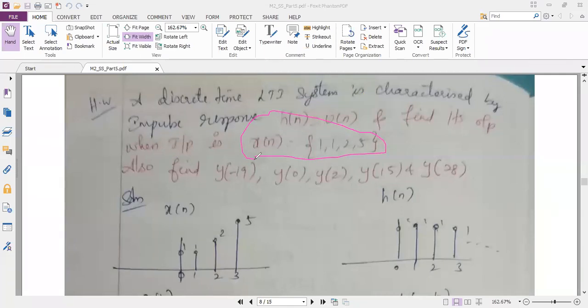Amplitudes are different. Amplitude, see, I want to tell you, in any problems, if you turn the sheets. They have not given the arrow mark, ma'am. In all the earlier problems, your x of n was in terms of 2 power n or 3 by 4 power n, like that. They themselves had given the input in terms of the n variable. Can you see all the earlier problems? x of n was in terms of some expression.